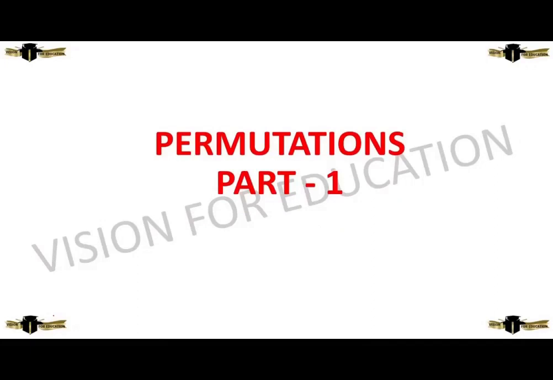Now coming to our topic, today we are going to discuss permutations. Actually, what is a permutation? Permutation is used in our day-to-day life. We come across many situations where a group of people may be arranged in a line or a row. Some guests are arranged in a circle around a round table for dining, and delegates from different countries may attend a roundtable conference to discuss some important issues. All these are based on permutation.